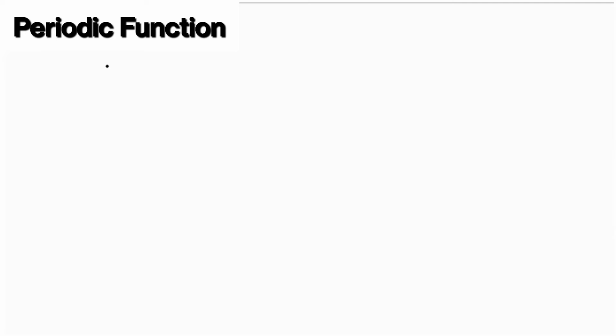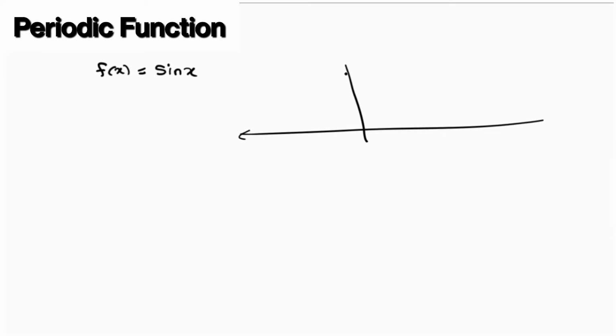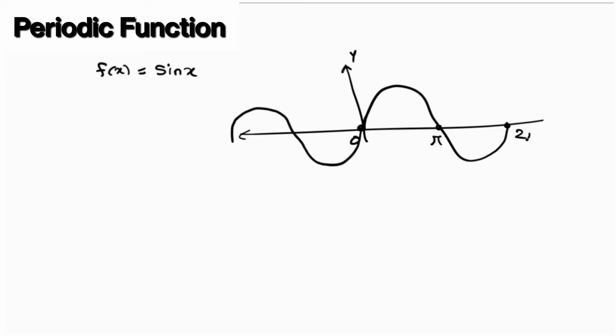For example, if we consider the function f of x equals sine x. Now, when we draw the curve of this sine, you will get this type of curve. Let's suppose this is our x-axis, this is the y-axis, 0. Now, if we draw the curve of sine, it is a wavy curve, and in this way you will get that curve. Sine 0 is 0, so after pi you will again get sine is 0, then after 2 pi again you will get 0.